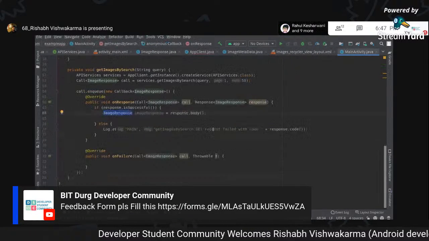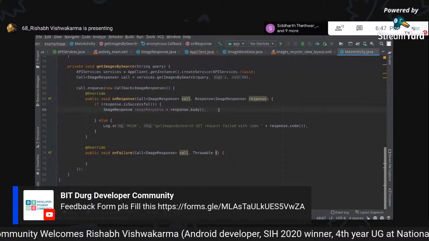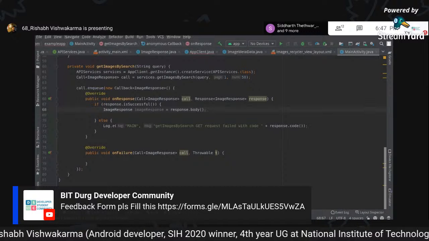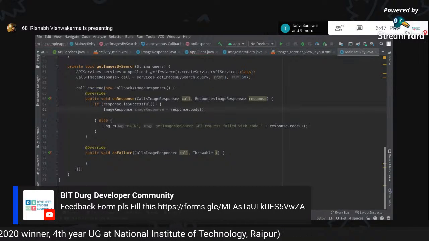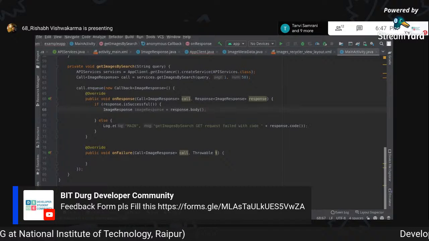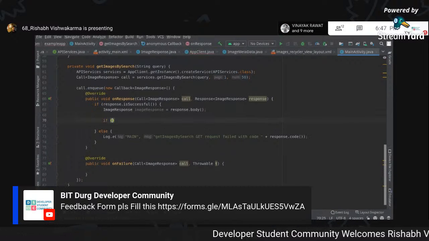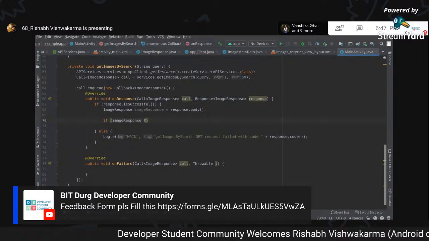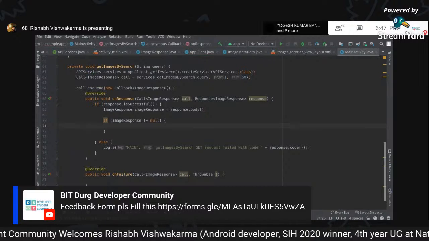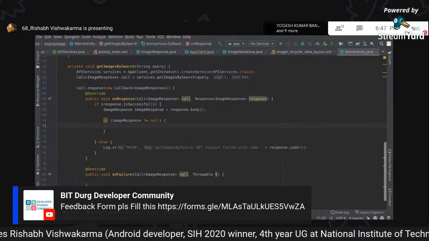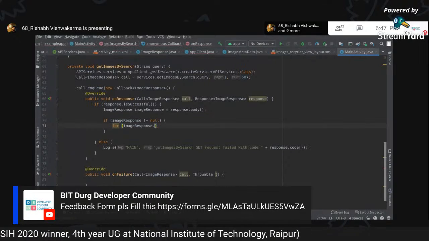Main activity. So yeah, here we are. So what we'll do is just make sure that if image response is not equal to null, of course we'll have to make some null checks. So if that is not null, what we want to do here is for image response dot photos,